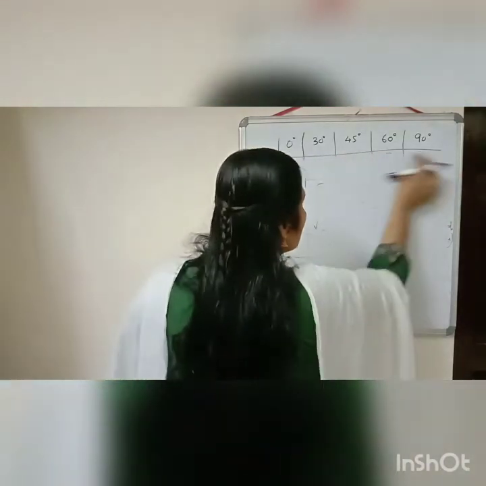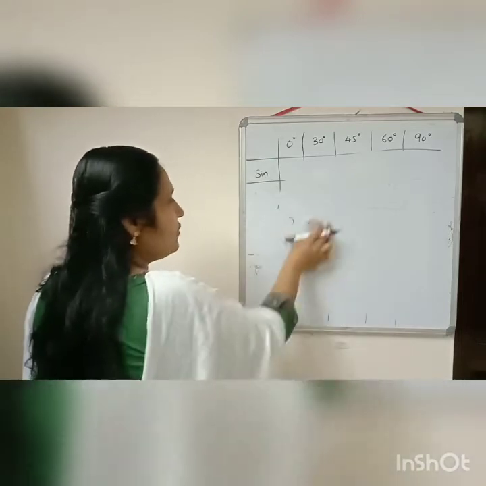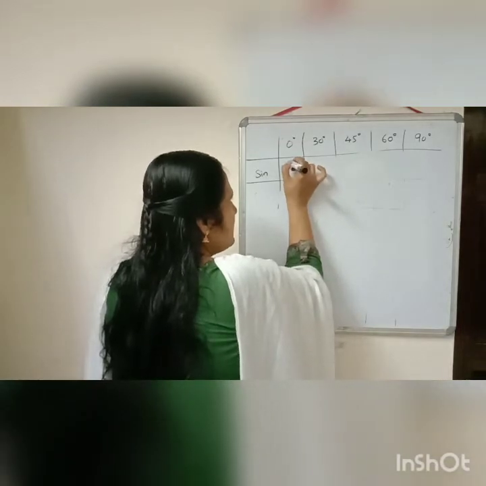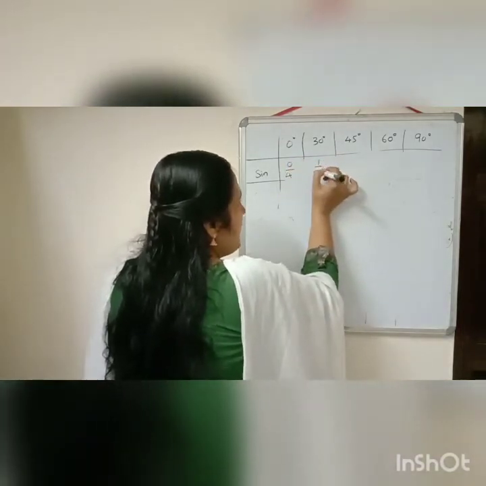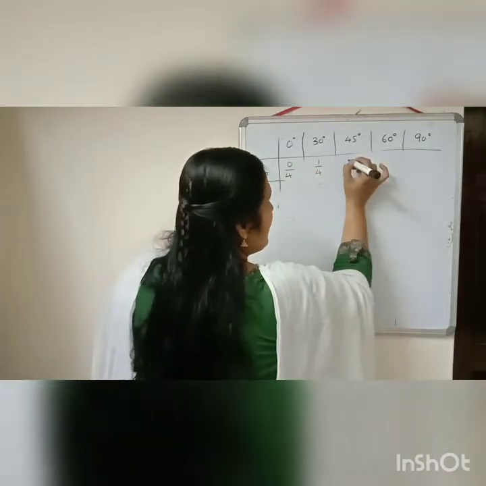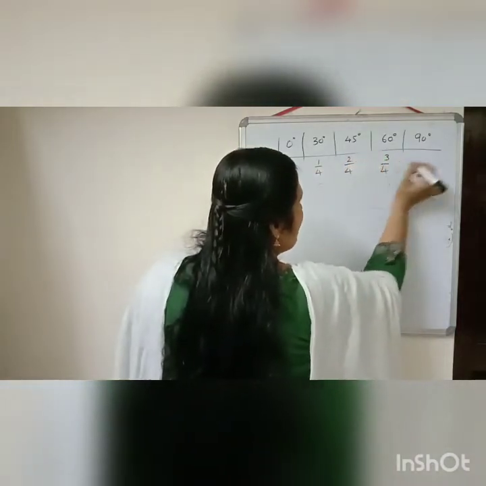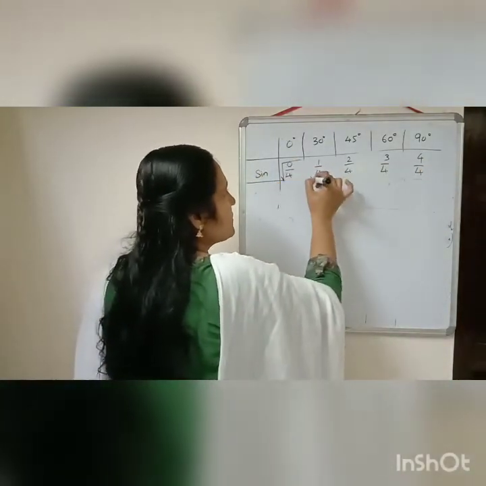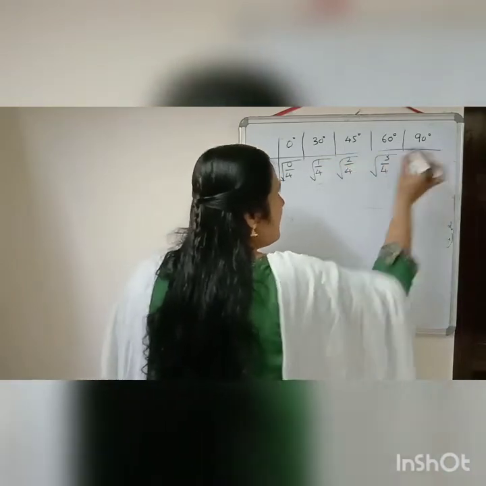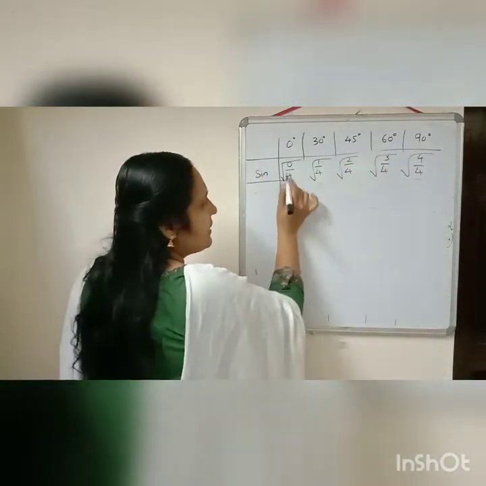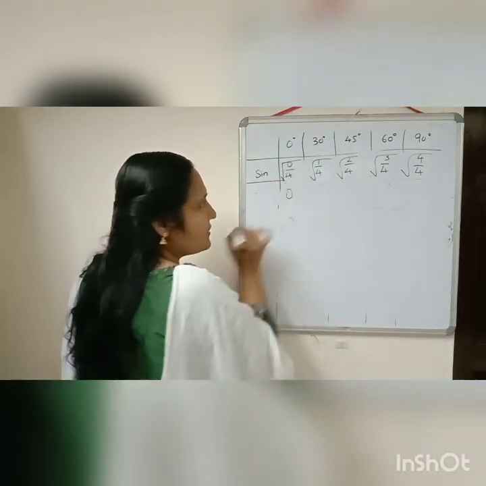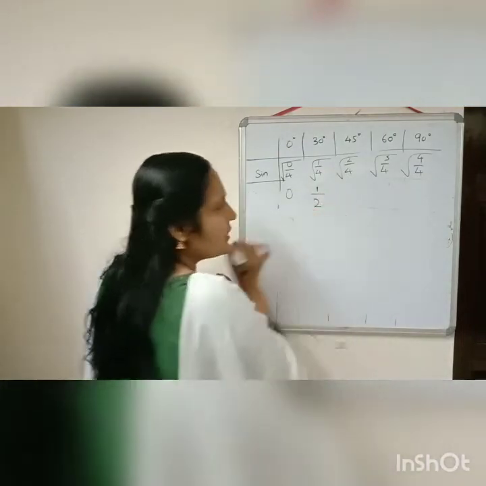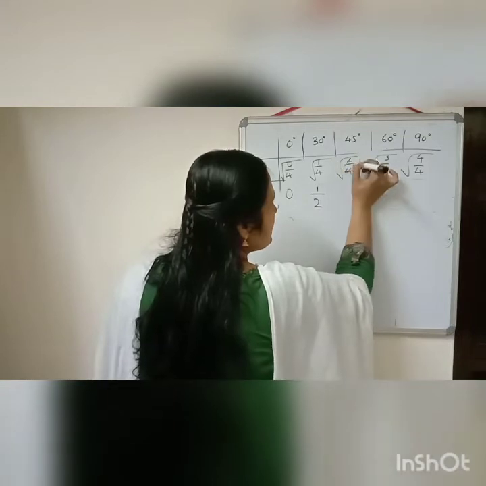For that, first write down 0, all the expressions by 4. So you just count the numbers and write down 0 by 4, 1 by 4, 2 by 4, 3 by 4, 4 by 4. In this way we wrote. After that, you take the square root of all the numbers. So 0 divided by 4 is 0, and the square root of 0 is 0. 1 by 4, the square root of 1 is 1, the square root of 4 is 2.